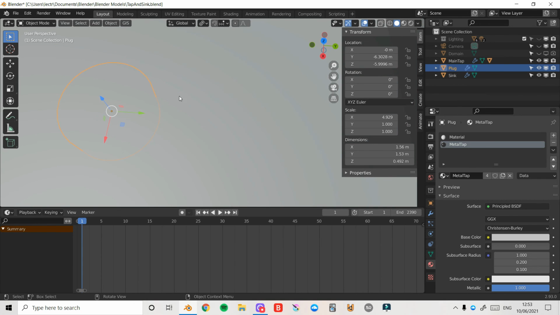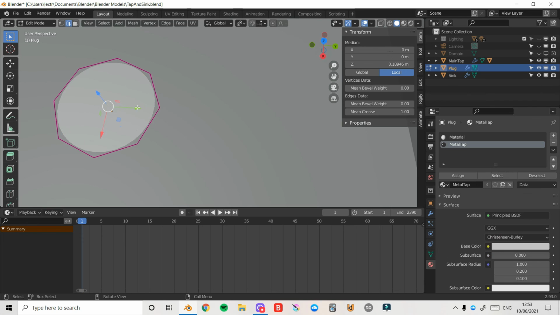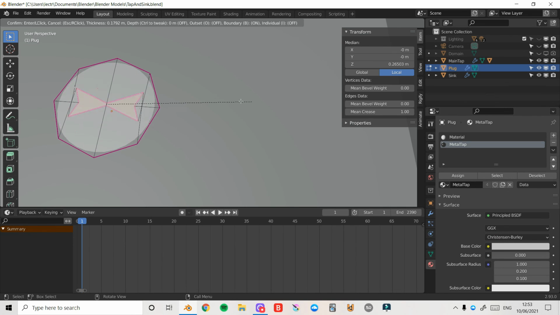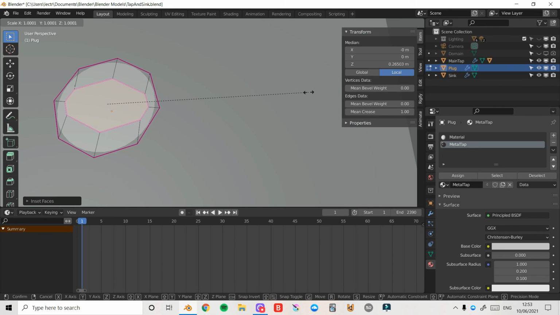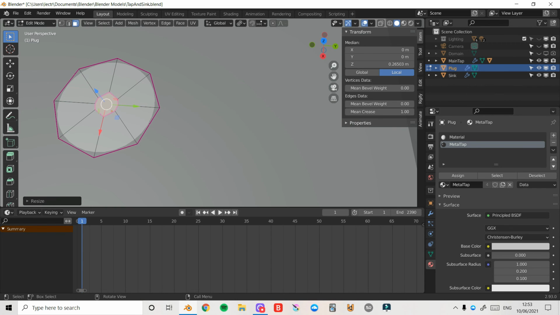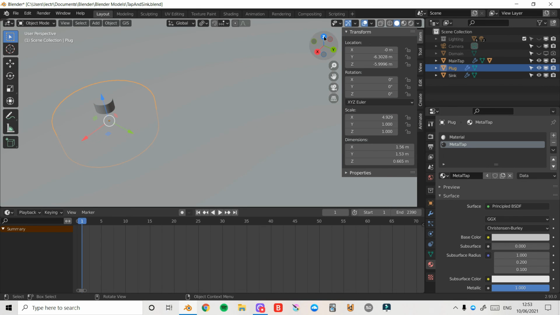Now to finish off, I will press tab and enter edit mode again. 3 to enter face select, and I'll select this top face. Press I to inset, around there. Then I'll start scaling manually, so press S and then Y, S and X, S and Y, S and X, S and Y, once more, S and X, S and Y, and that should be good. Then all I need to do is press E and then Z,